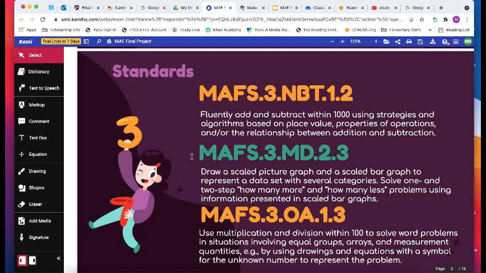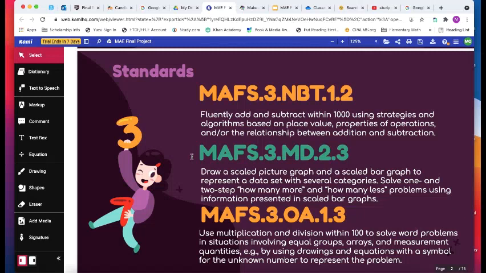The second one is MD 2.3, and this one says draw a scaled picture graph and a scaled bar graph to represent a data set with several categories. It also says solve 1 and 2 step how many more and how many less problems using information presented in